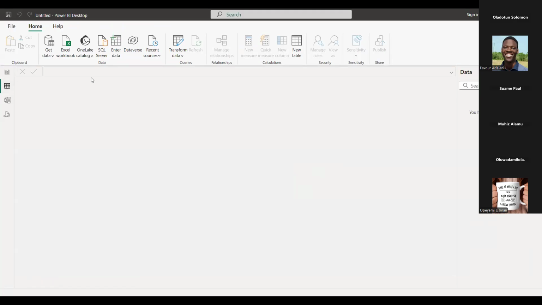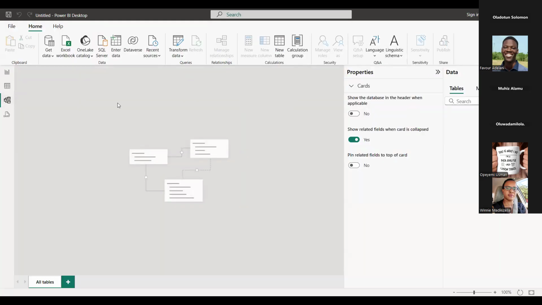Don't forget, I already said when I started the class that there are a few similarities in functions and interface between Excel and Power BI. One of them is that the table view shows you your data in normal spreadsheet form, that is rows and columns. Like we all know, a table is made up of rows and columns. We have the model view.